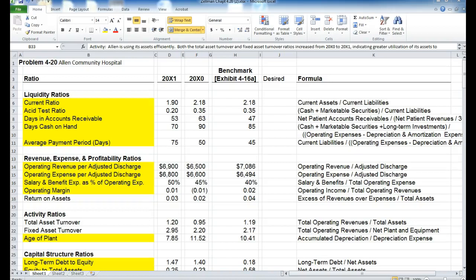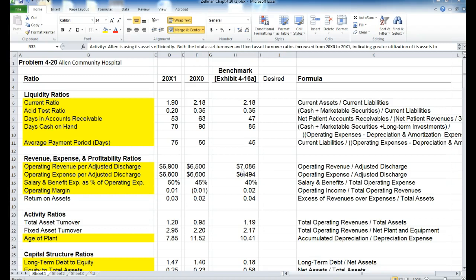Hello, this is a discussion about problem 4-20, Allen Community Hospital. In this problem, they've given us all of the ratios already calculated. As you can see on the screen, here are the ratios and here are the formulas. I have put in the benchmarks, which you can find in Exhibit